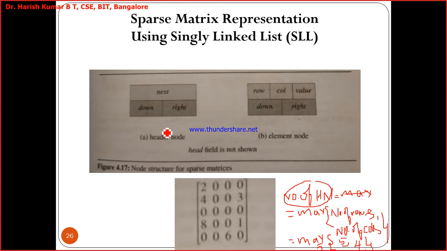Yes, or no? Now see, since this is the next field here, just have a look. This is the header node, this is the next field. What is the next field doing? Observe here. The next field is holding the address of the next header node, and this next field is holding the address of this node, and this next field in this header node is holding the address of this node, and this is holding the address of this node, and again, this next field,